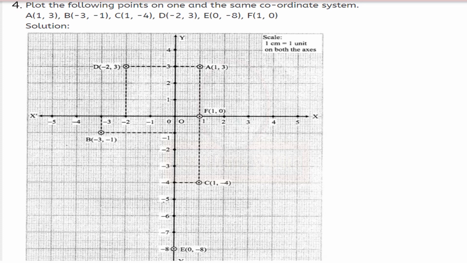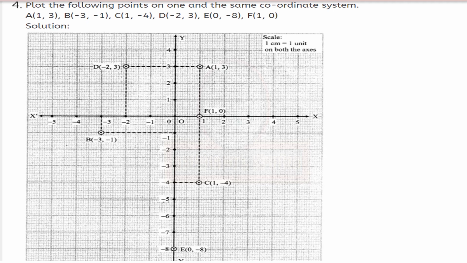So now, draw the x-axis and y-axis. Mark x, x dash, and origin is O, y, y dash. Then when you give the numbers, go from the origin. Every time you go from the origin, 0, 1, 2, 3, 4, 5, like that. When you come to the other side, 0, -1, -2, -3, -4, -5 and so on. Similarly, you have to mark.